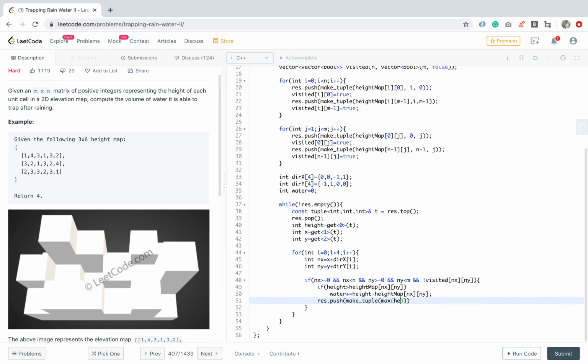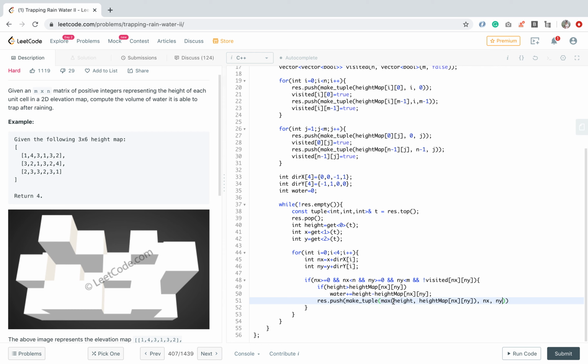So whichever is the maximum, because after adding water in the neighboring node, its height becomes the same. So whichever is the maximum, we can take this and push it.